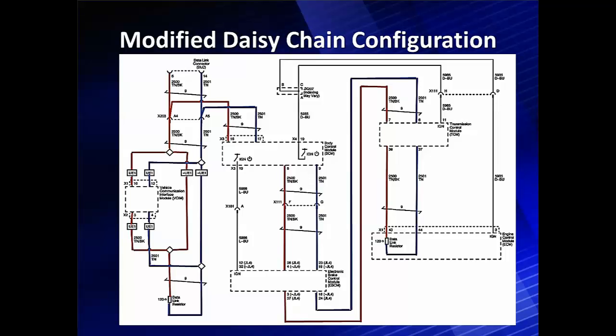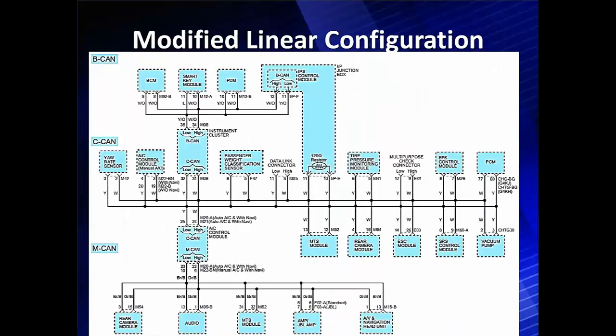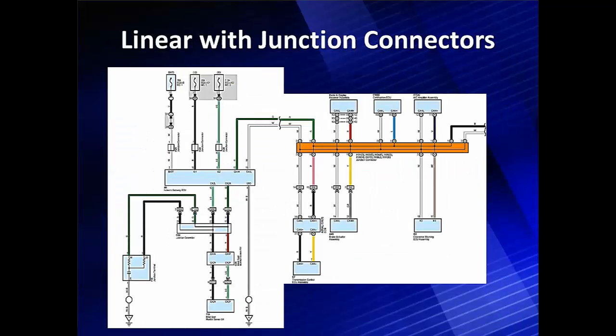Here's a modified daisy chain. One short circuit anywhere in the blue kills the whole data stream, including your scan tool. Your scan tool won't communicate. How do you go about fault pattern analysis, isolating it on this diagram versus this diagram, which has a linear modified configuration? It would be a totally different diagnostic, and we need a different diagnostic for isolating this short circuit